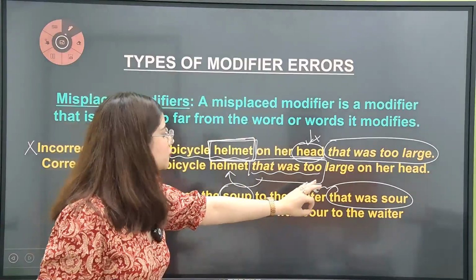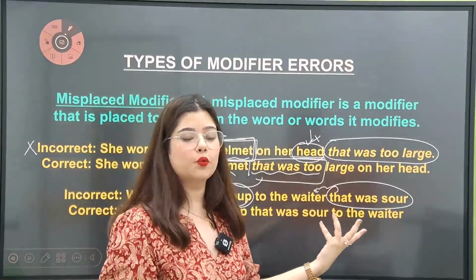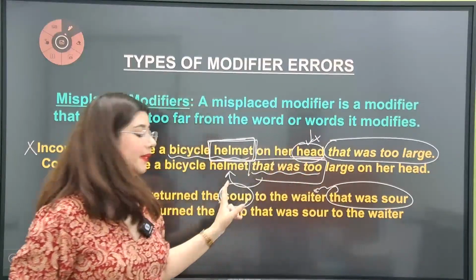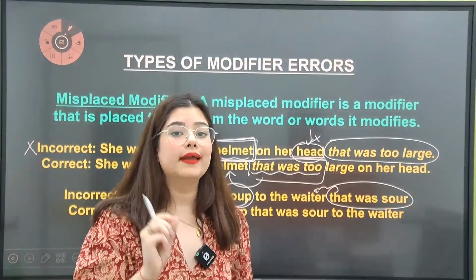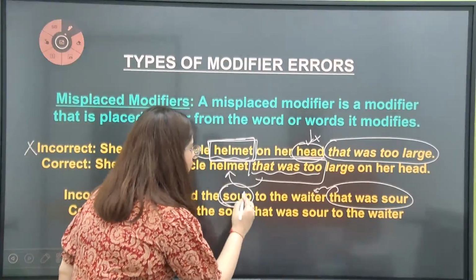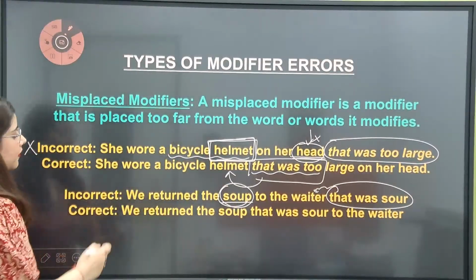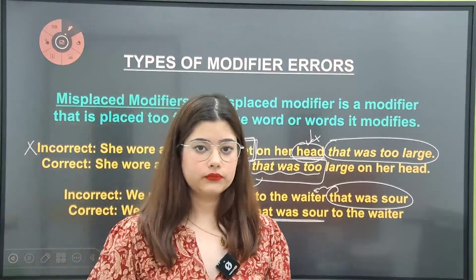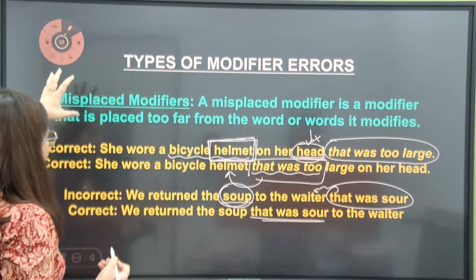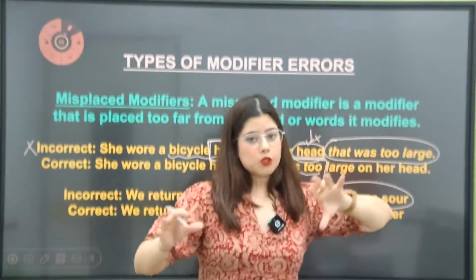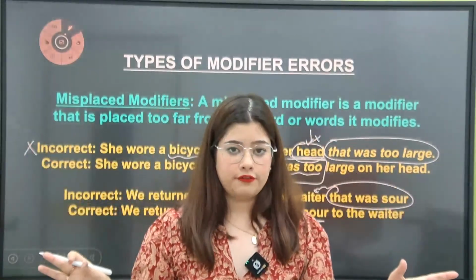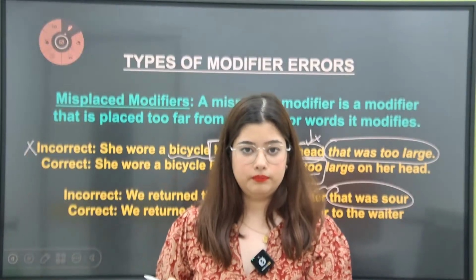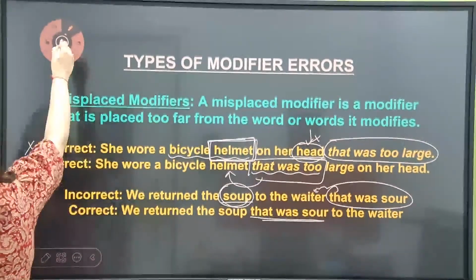So the modifier should be placed, again, one simple rule that we need to apply in almost all questions: the modifier should be placed closest to the word it is modifying. It is modifying soup here, right? So we return the soup that was sour to the waiter. So whenever the modifier is placed closer to the word it is not modifying, we say that we have a misplaced modifier error. Moving on,